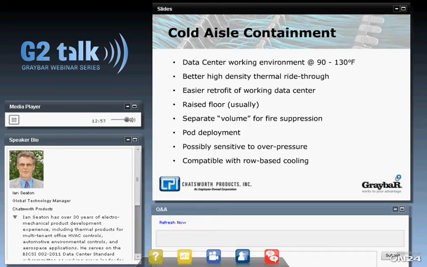Cold aisle containment is going to be sensitive to overpressurization. I refer you to a white paper available on the Tate Access Floors website on the ramifications of containment. And they found that with static pressures up to around 0.15 of an inch water column, they were seeing up to 400 CFM bypass air forced through the servers and overpowering the server fans